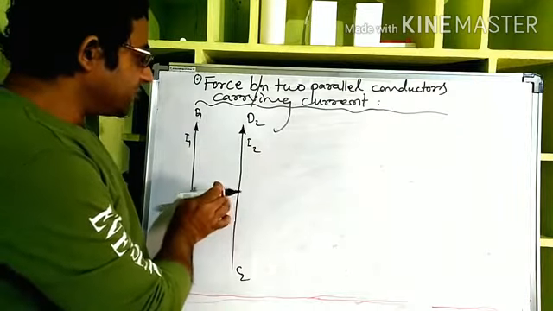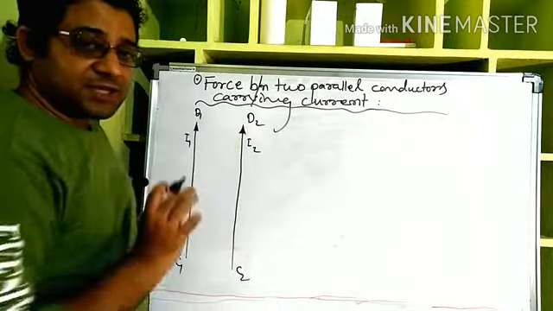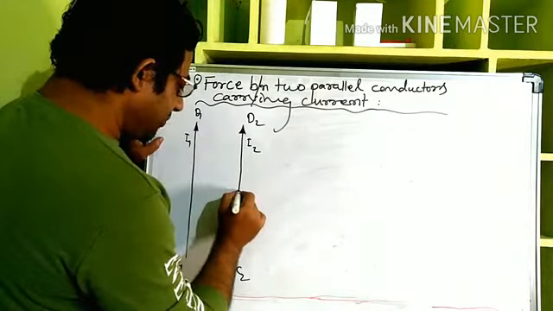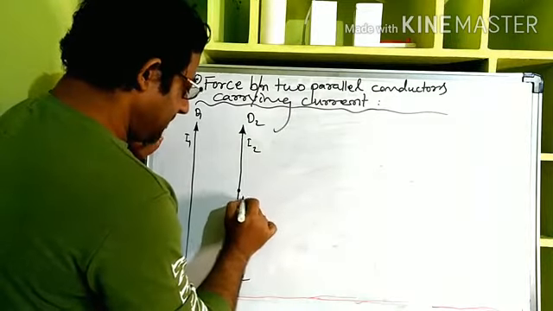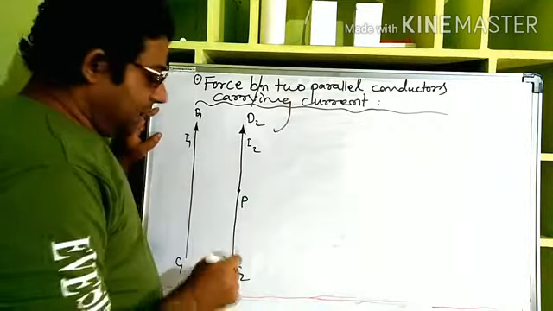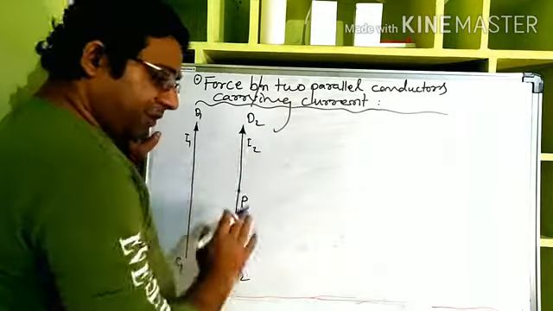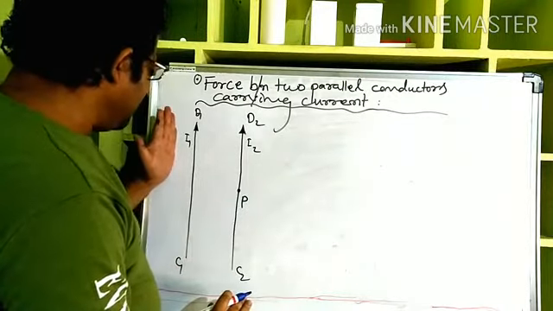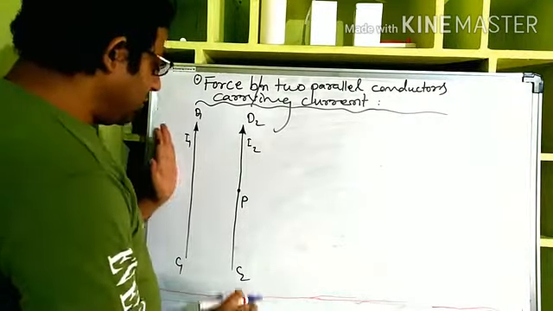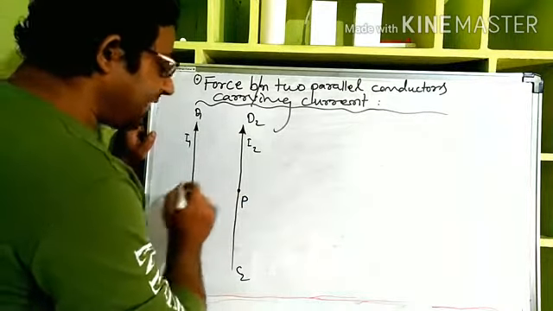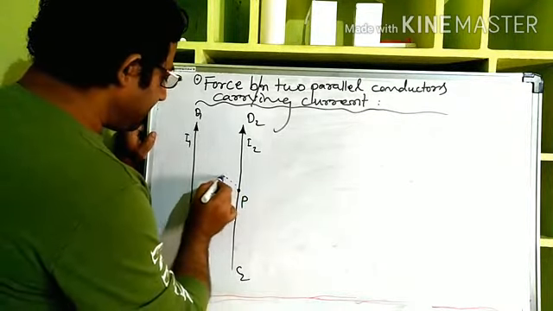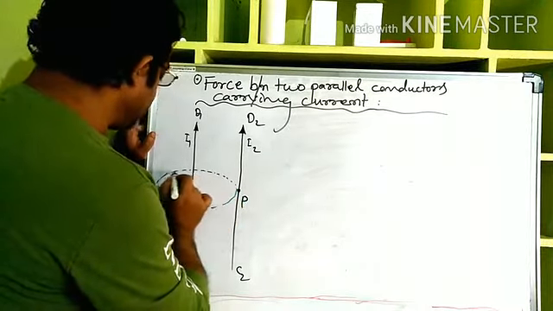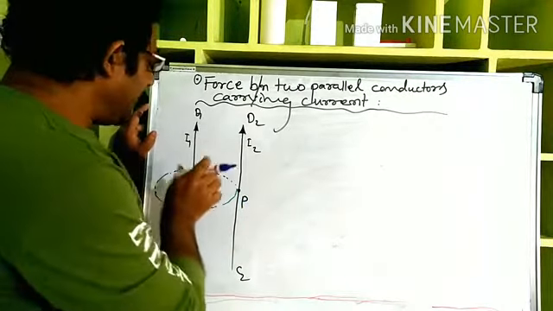What is the force of attraction or repulsion? What is the force between these two conductors? So we are going to learn. Let us find out the force due to I1 at a point P along C2 D2. Now, you imagine only the point. For the time being, you forget about C2 D2. Now, because of C1 D1, or because of I1, what is the magnetic field created at point P? That we can find by imagining a circle containing P on its periphery and applying that.